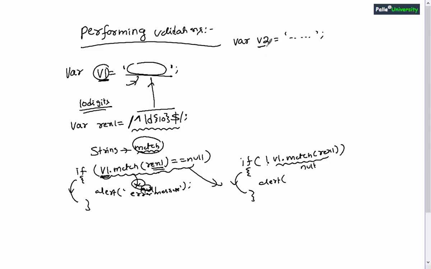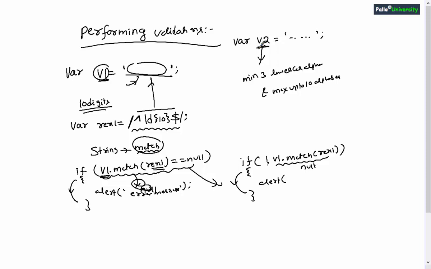Now I want to consider the v2 variable's data as valid or correct when the v2 variable is having minimum 3 lowercase alphabets and maximum up to 10 alphabets, right? In case the v2 variable is having minimum 3 to maximum 10 English alphabets, lowercase alphabets, then only I want to consider the v2 variable's data as valid content, or otherwise I want to consider this v2 variable's content as invalid content. Now the next question here is how to verify whether this v2 variable's content is present in